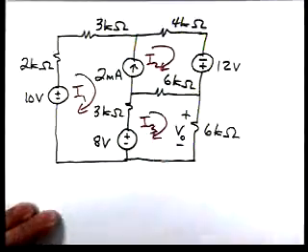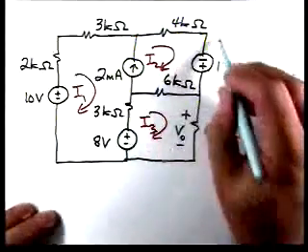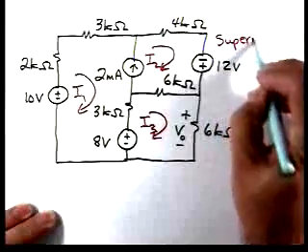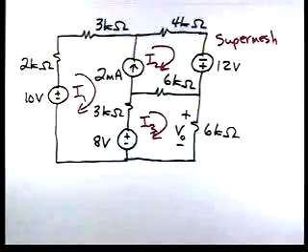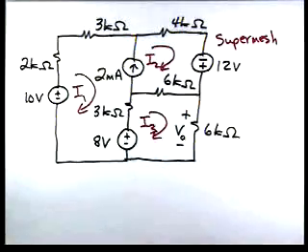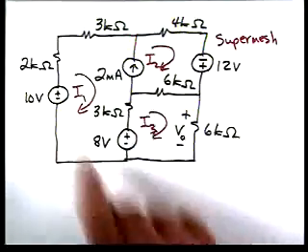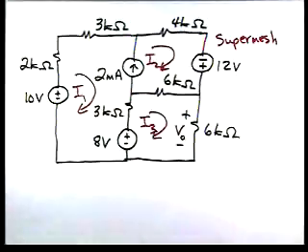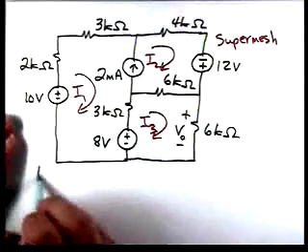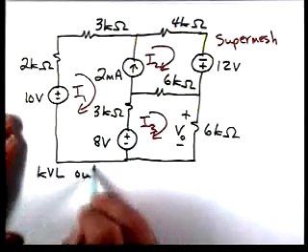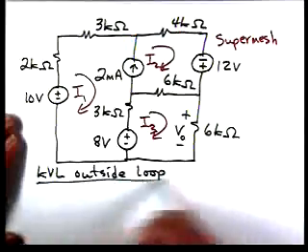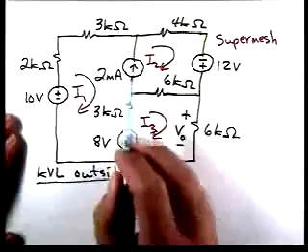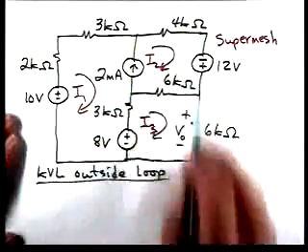And what we're going to do is we're going to do a super mesh. So you can think about replacing this current source with an open and looking at some loop formed in the circuit. So for instance, we could do the outside loop. Okay, so if I think about this being open, think about a super mesh that goes around the outside or